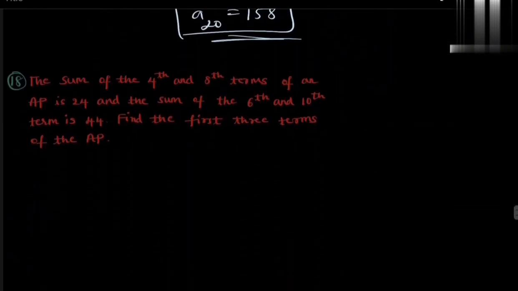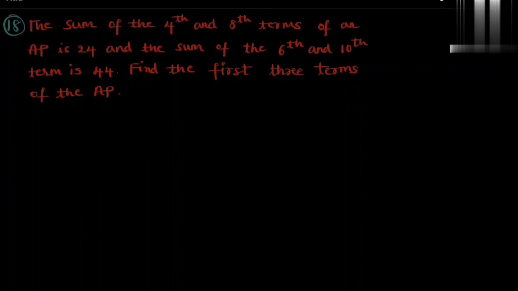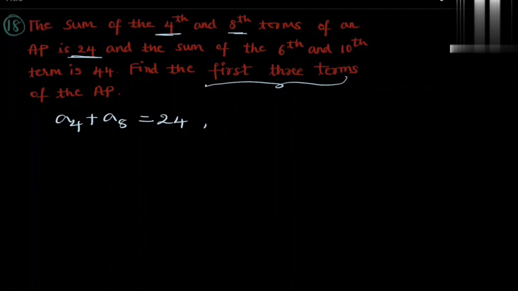So next question. The sum of the 4th and 8th terms of an AP is 24 and the sum of the 6th and 10th terms is 44. Find the first 3 terms of the AP. So here we want to find the first 3 terms of the AP. Given the sum of the 4th and 8th, that is a4 plus a8, is equal to 24. Again they gave the sum of the 6th and 10th terms, that is a6 plus a10 is equal to 44. So in the general form of an AP, a4 can be written as a plus